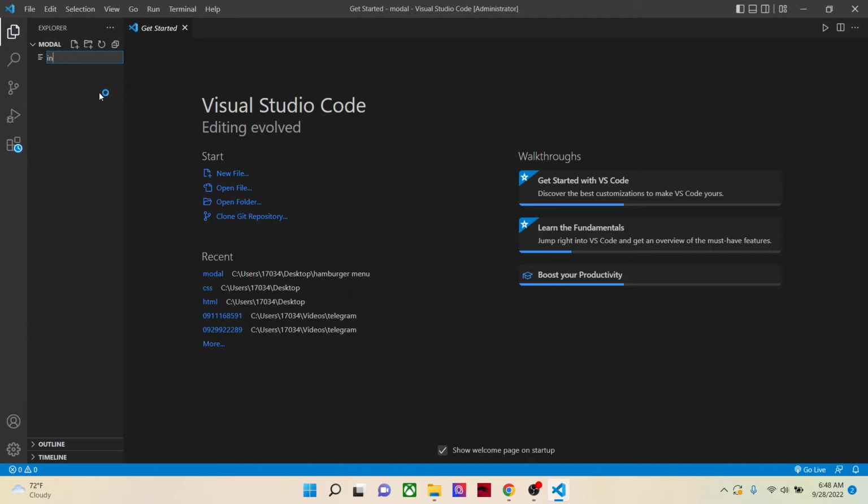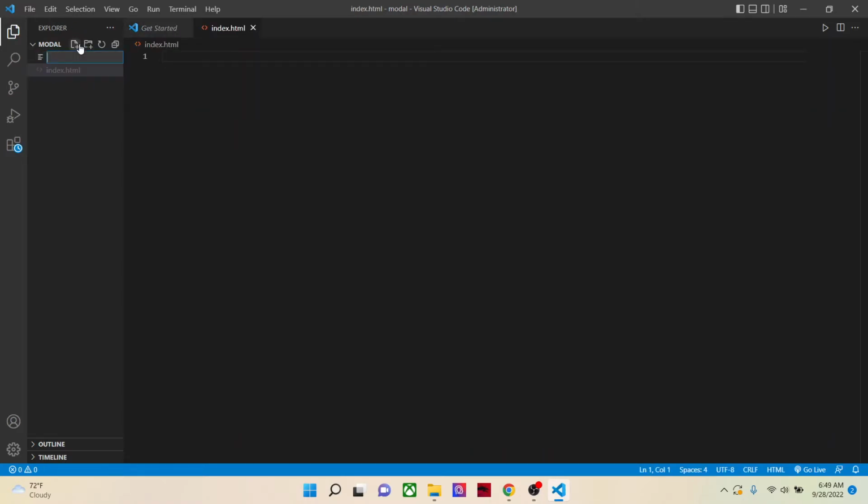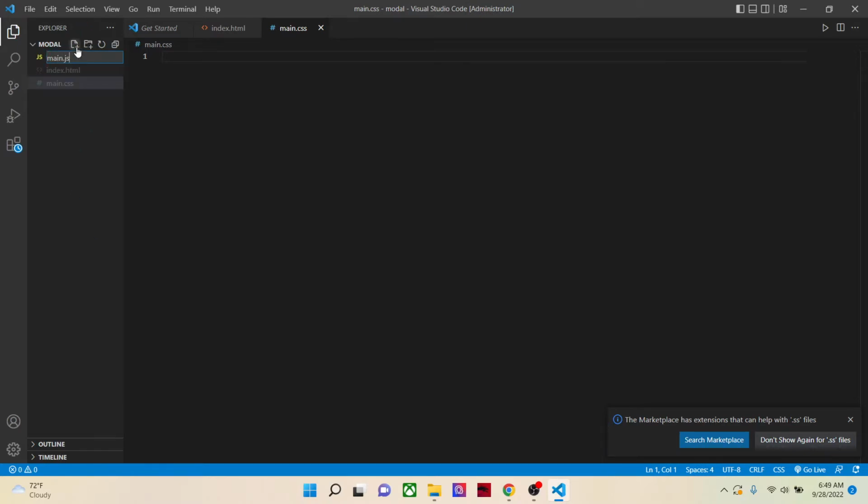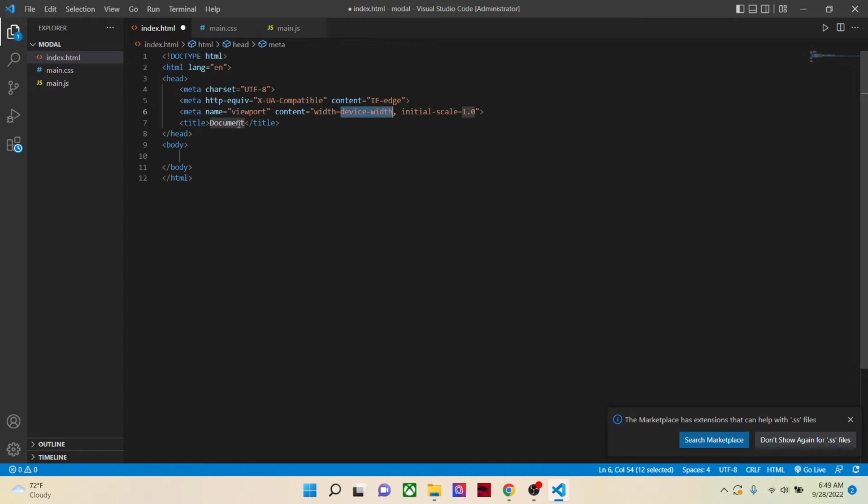you need 3 files: index.html, whatever you call it, .html, an HTML document, then a CSS file, then a JavaScript file. You need these 3 files. Now in the index.html you'll have your markup, let's say login, okay, login modal,